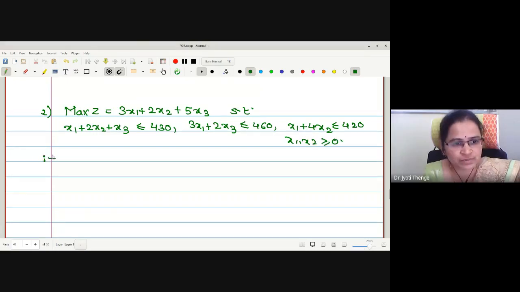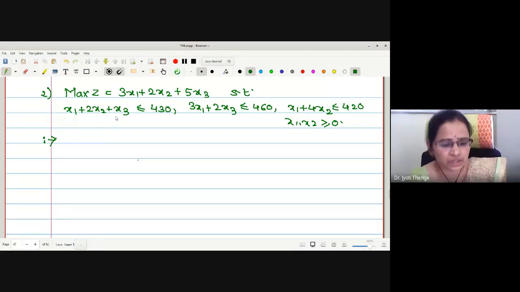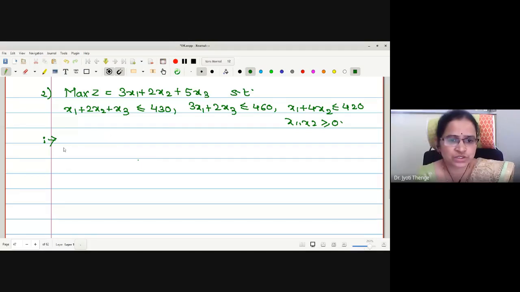Now we will go by a stepwise process. What does the first step tell? Check the objective function. Is it maximization? Yes, it is maximization. Therefore, no need to convert. Check the right hand side constants. Are they non-negative? Yes, they are non-negative. No need to check further. Therefore, we will go directly to converting the inequality constraints to equations. Which variables should I use? Original variables are x1, x2, x3. Therefore, the added variables I will write as x4, x5 and x6.